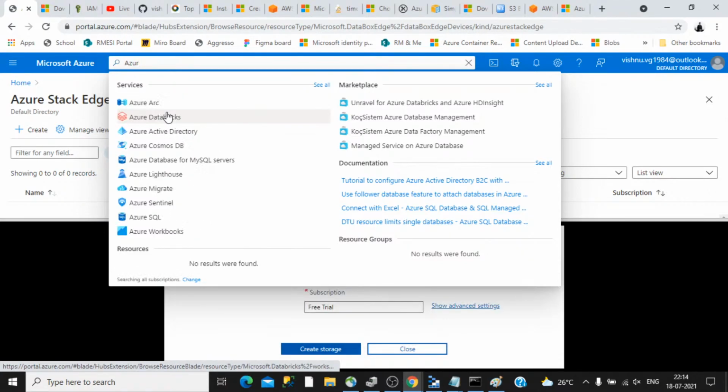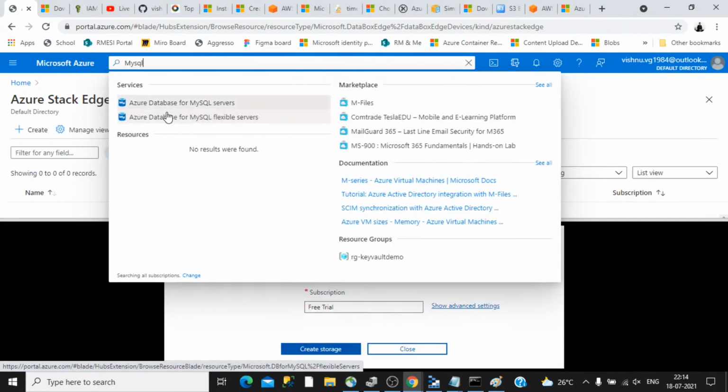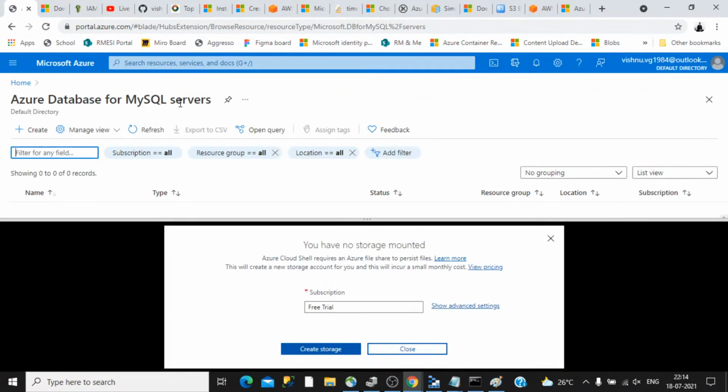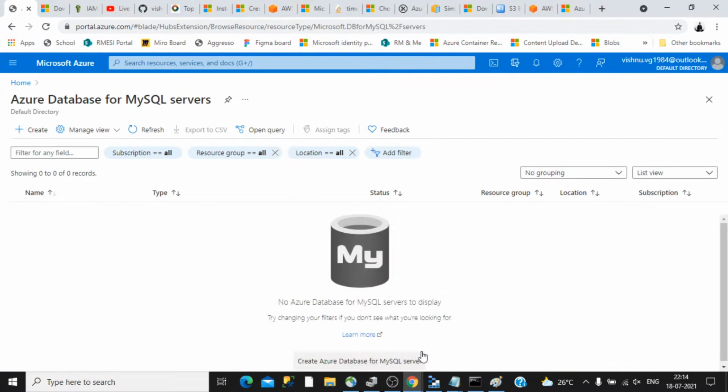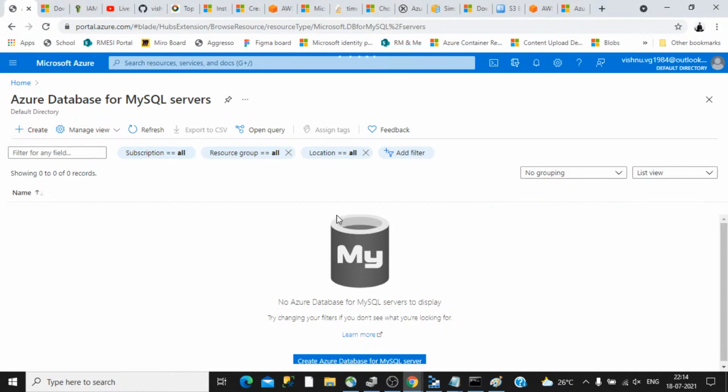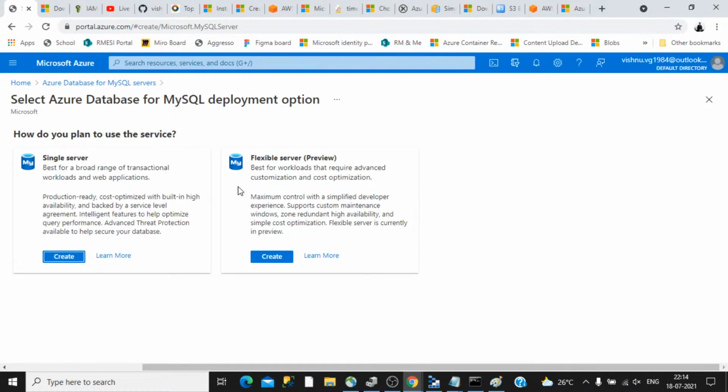Then MySQL, if you prefer to use MySQL for your application, you can use that as well. The steps for creating it are similar and not very complex. It's very easy. Just click create and fill in all the required things. According to the different types of service provided by the cloud, different kinds of options will be shown to you. You fill in all those things and continue. That will take some time, possibly a few seconds or minutes, and then you can straight away use your resource. And once you have used that resource, you will be deleting it as well.